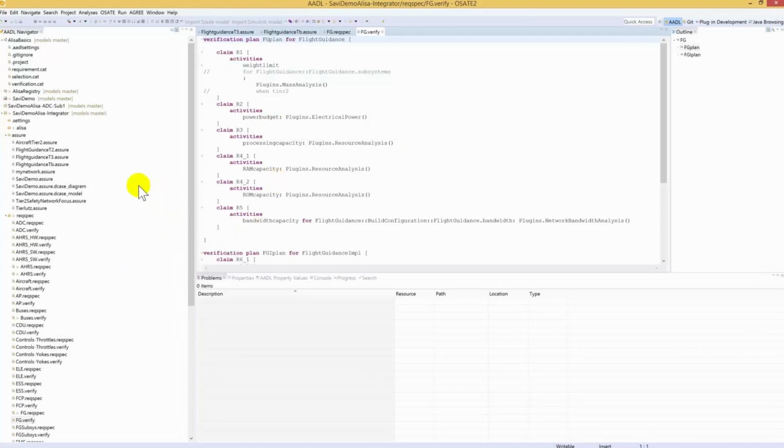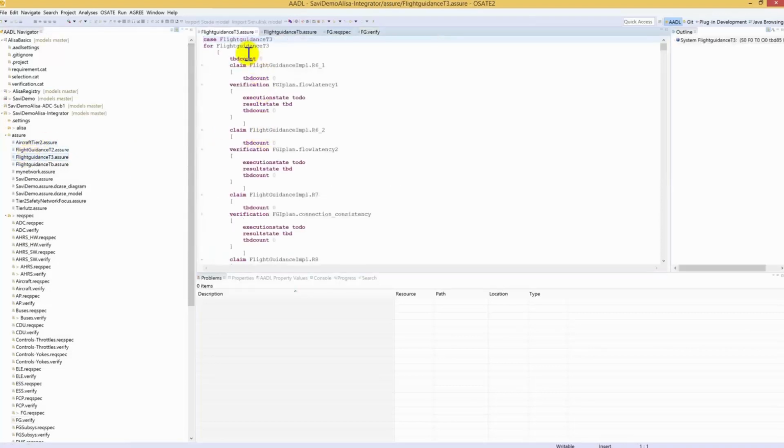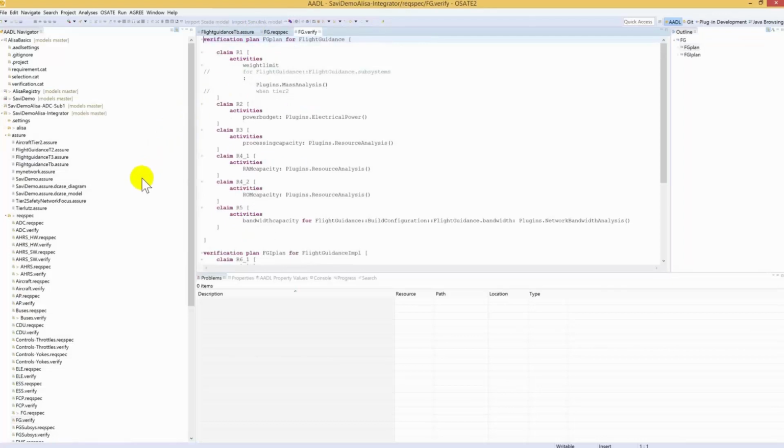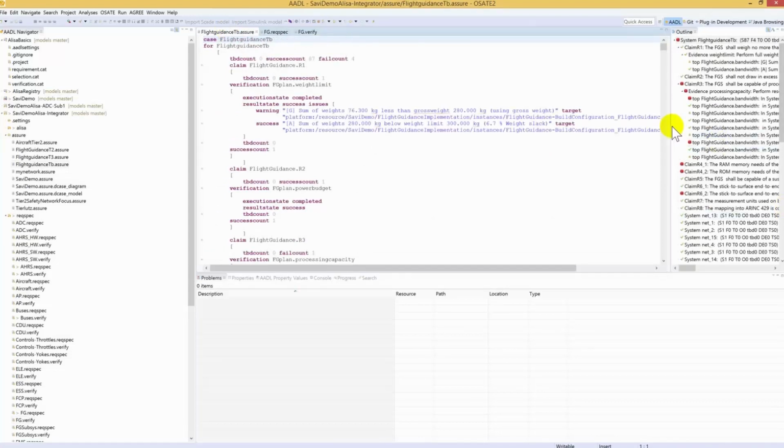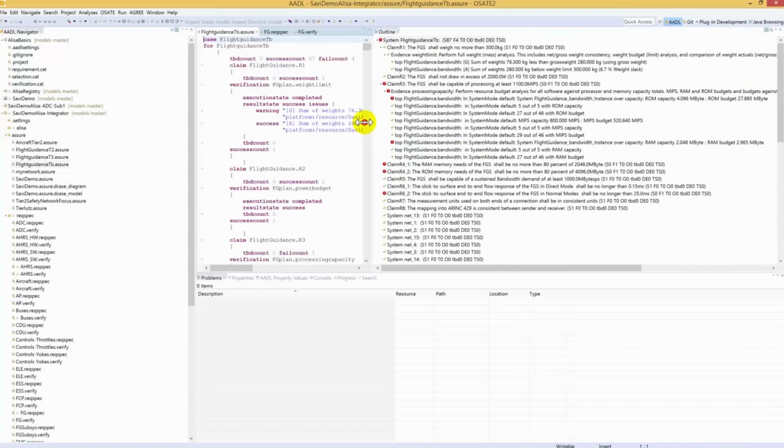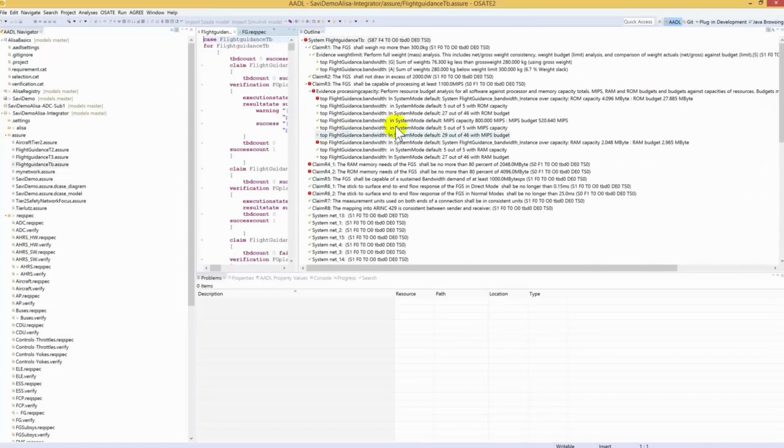We then define a configuration of the assurance plan. Then we identify the system, and in the context of that system, create and identify the verification plan. We then get an instance of this verification plan that we are executing against. It's similar to an instance model of the AADL, and when we execute it, it then goes and performs all the verification activities and maps the results back into this common structure,